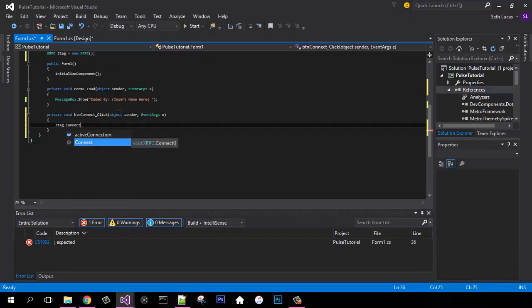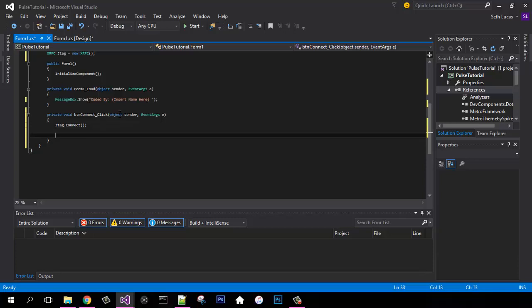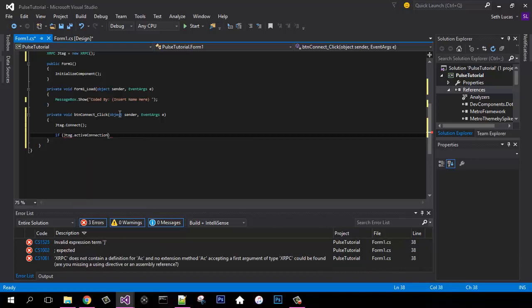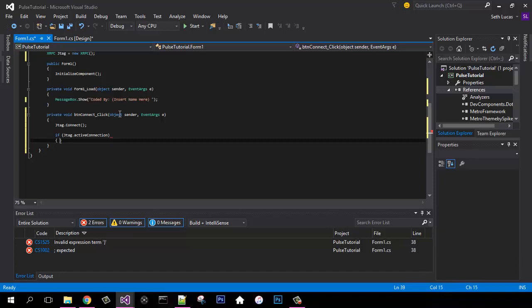And this is basically telling our tool, hey, connect to our JTAG. That's the only line you need to connect it, honestly, but we're going to do an if statement just so it'll let you know if it's connected or not. So if jtag.activeConnection is set, we're going to give ourselves a custom xNotify, so